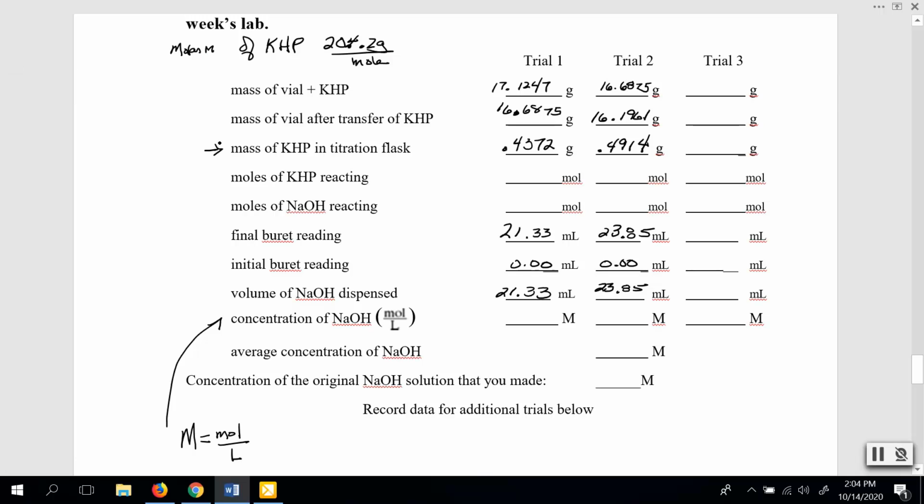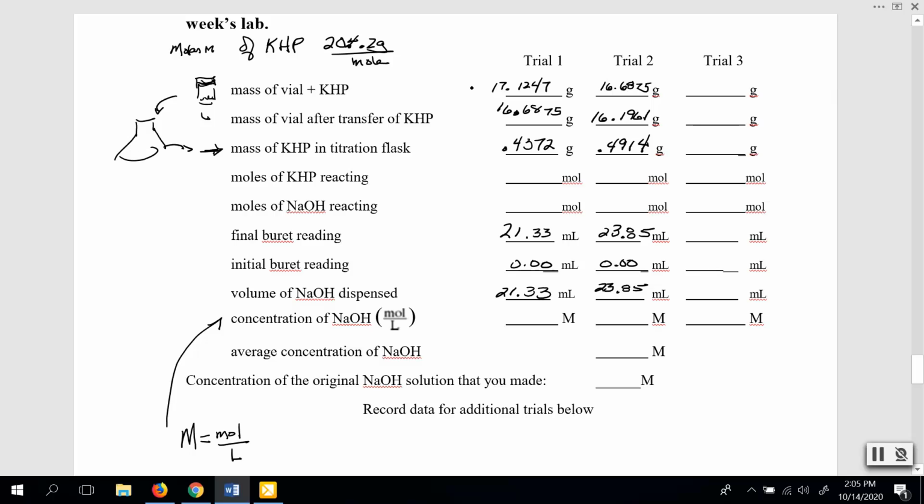mass of KHP. You first put the vial with the KHP on the balance, and then you took some out and put it in your Erlenmeyer flask for your titration, and then you remasked it after you had taken out the sample. So the difference between those two was the mass of the KHP that was actually in here in the Erlenmeyer